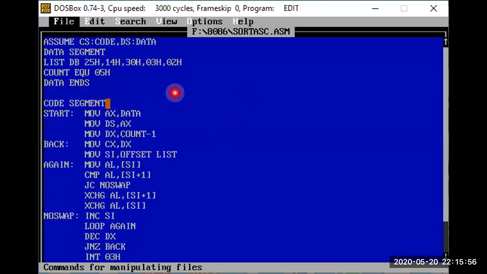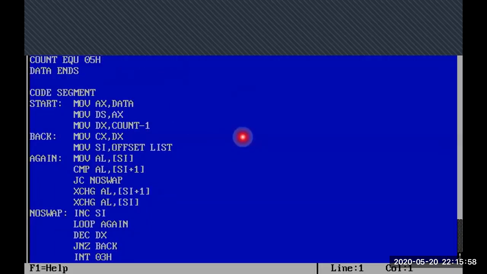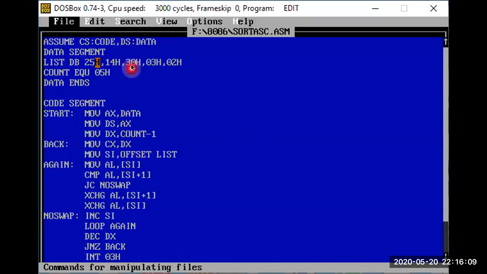By default it will be saved in the data segment from 0000. In 0000, 25 will be saved, in 0001, 14 will be saved, in 0002, 30 will be saved, in 0003, 03 will be saved, and in 0004, 02 will be saved.